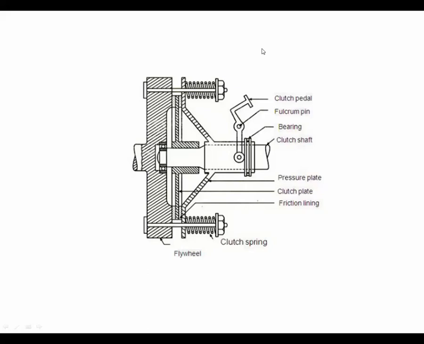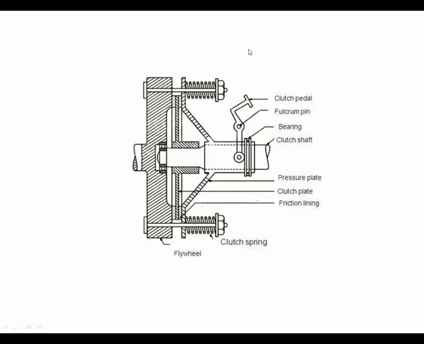We have drawn a number of diagrams from detail to assembly, assembly to details, which may include leg tailstock, piston and cylinder, piston and connecting rod, crosshead, non-return valve, etc. So now you are able to draw the detailed diagram from this assembly diagram. It is the part of practicing. Now we are at the end of this chapter, so only 2 to 3 diagrams are remaining, and we have already drawn a number of diagrams from this unit. So now you are able to draw the detailed part from this diagram.